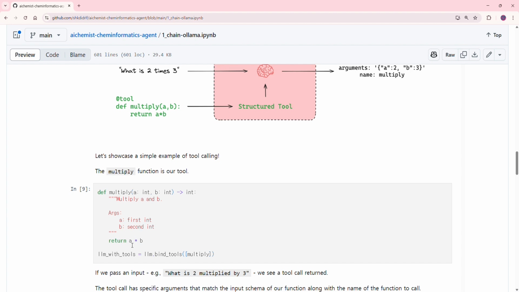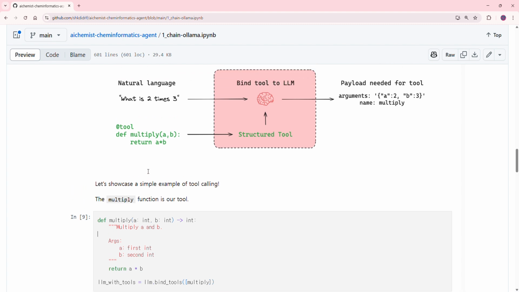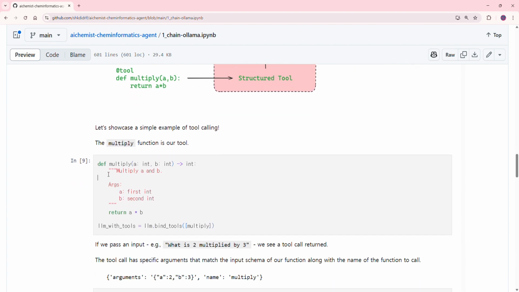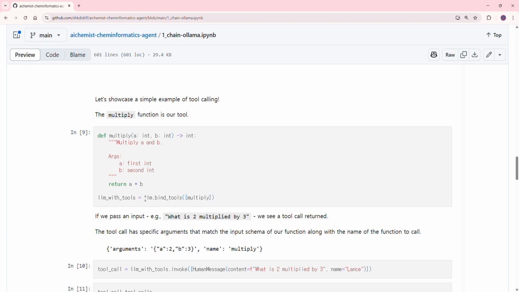Not just one, but more than one, like 2 or 3, or maybe 10. And the language model finds the appropriate tool based on the information here. So that's why it's important to give a comment within the function. And then you can simply bind the tools,